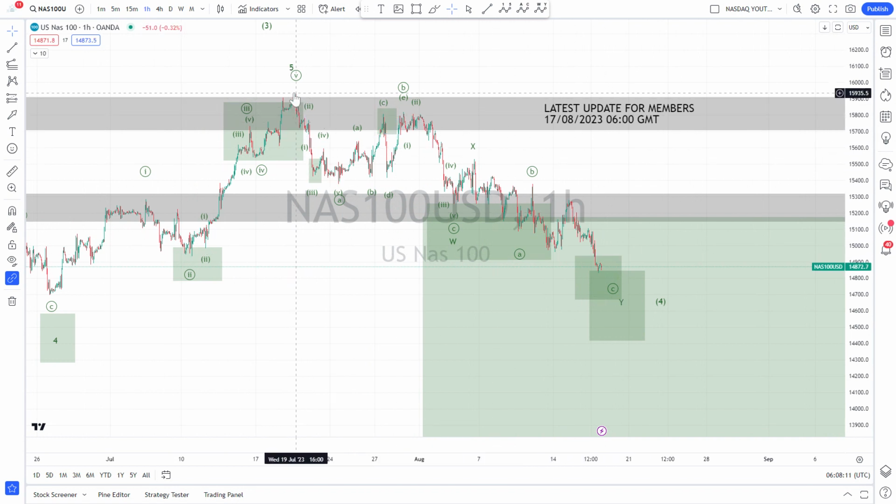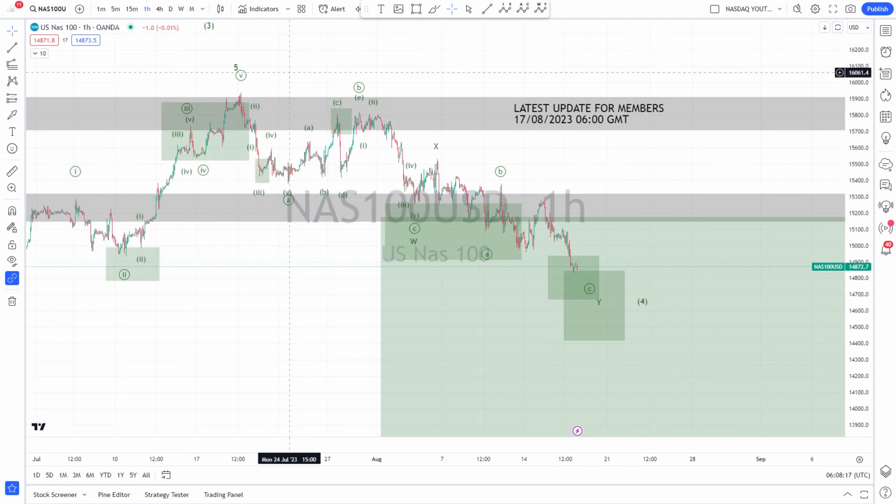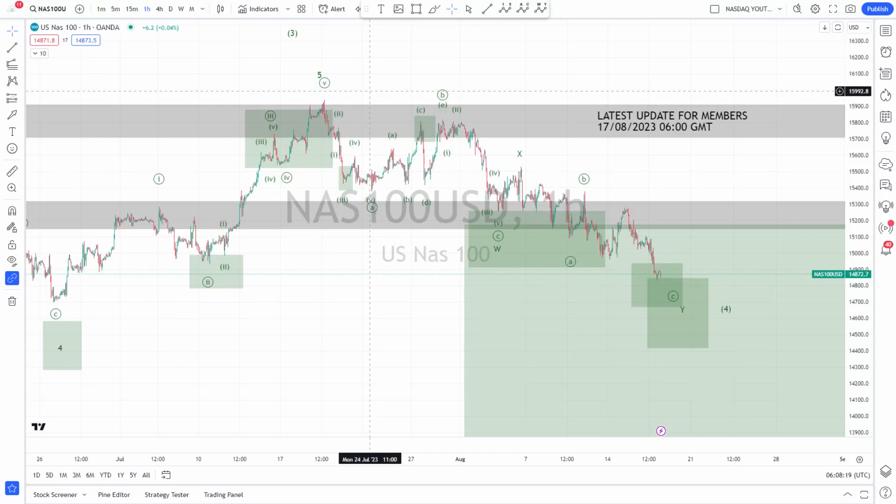I could catch this first leg down here of the wave 4, but the problem is it can always be over after 3 waves. And so here we had 3 waves, 1, 2, 3. And you see, I indicated this area for a possible reversal. And this is also where I took my profit,